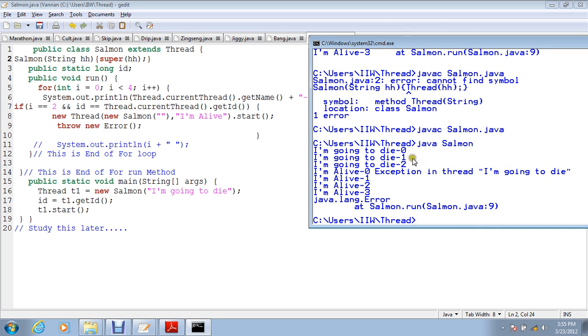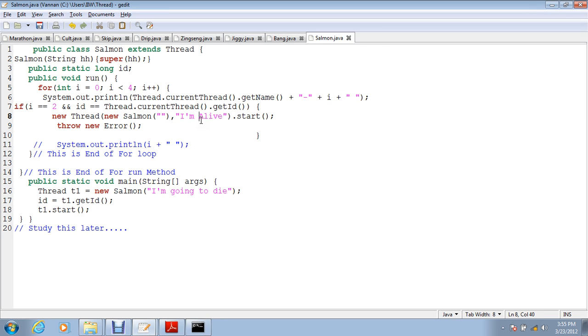I am going to die 0, I am going to die 1, I am going to die 2, I am alive 0, exception is in the I am going to die, exception is already, it's over. Here it's 0, 1, 2 and 3. Here we have 3 because this man will not throw an error. So I am happy. This is second part of Java thread in